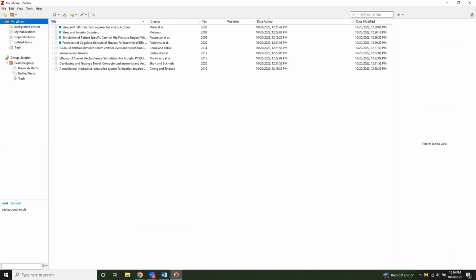So you have saved all of these articles for your research. And let's say now it is time for you to add some citations to a document. You have two options for citing with Zotero. You can